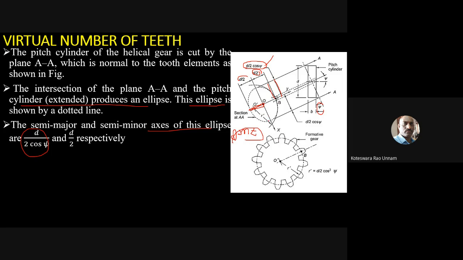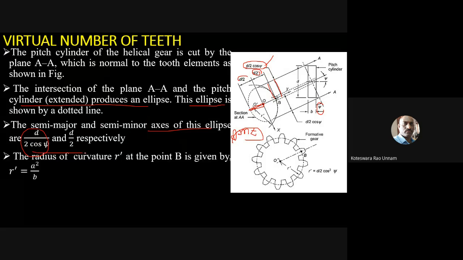But here it is not a circle, it is an ellipse, which has a major and minor axis, given by these two formulas. Now the radius of curvature R dash at point P is given by